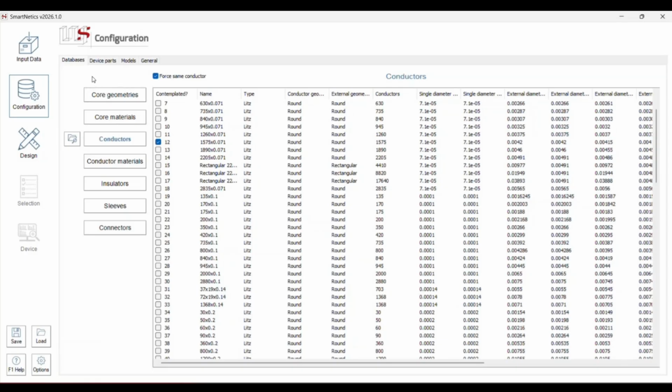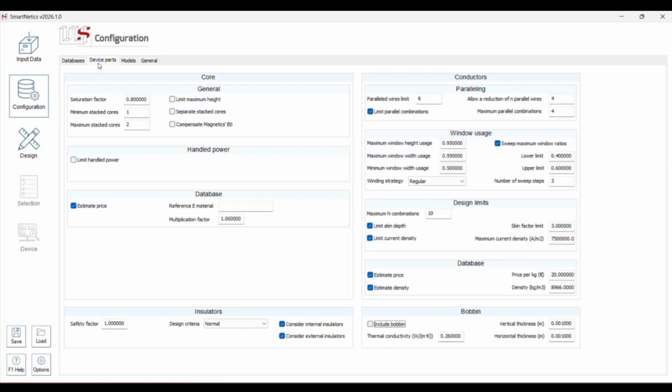The same goes for everything that has any impact in the design. In the next tab, we have device parts, so you can configure anything that has any impact on core, on conductors, on insulators, on the bobbin, etc. For this example, I'm going to leave everything as it is because it suits most designs. We have done our tests and this is a good configuration for most designs.